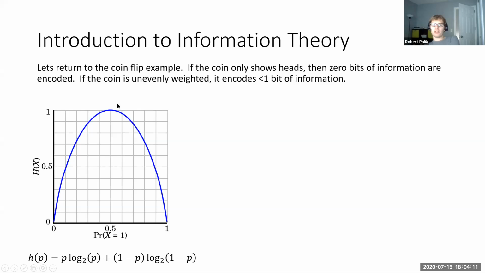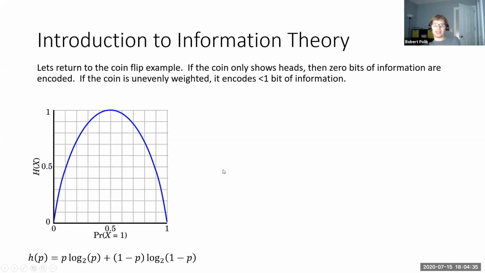And so another fun aside, we're going to return to the coin flip example. If it's a perfectly weighted coin with a 50-50 chance on either side, then 1 bit of information is transferred. But if the coin has heads on both sides, we're not resolving any uncertainty by telling you that the coin says heads. So we're actually transmitting 0 bits of information. And so there's an equation if there are 2 possibilities for what's being transmitted.